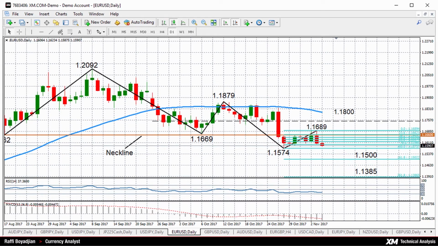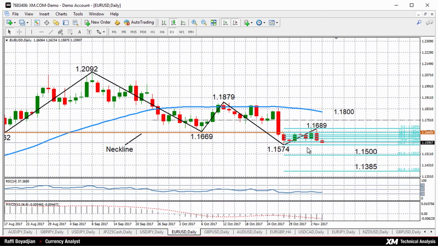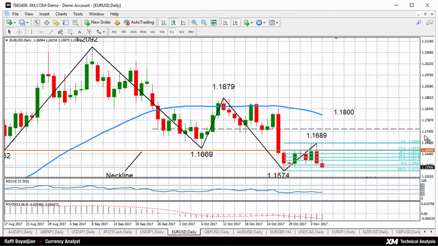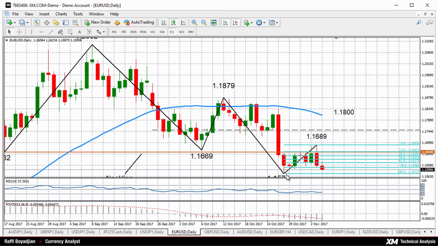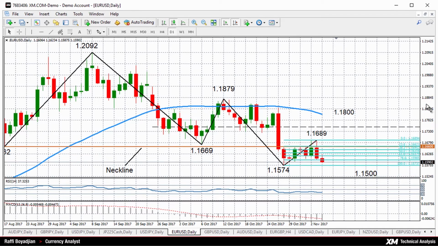The key support levels below 1.1574 is the 1.15 handle, and then the 1.1385 level. Those are the 161.8 and 261.8% Fibonacci retracement levels of that up leg from 1.1574 to 1.1689, and that 1.1689 is an important resistance level on the upside. So is that neckline around